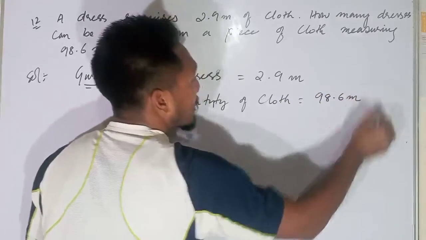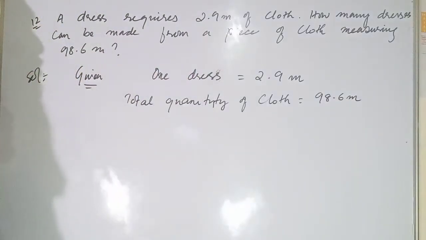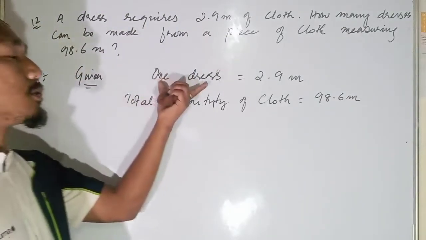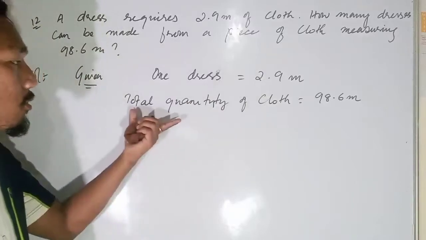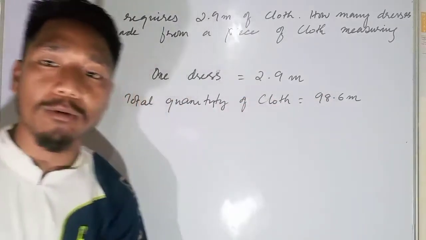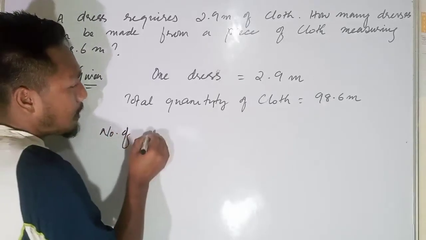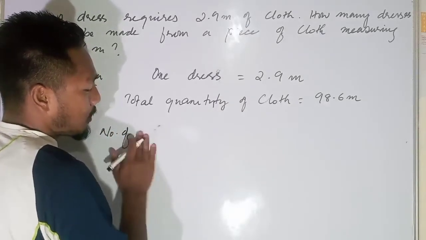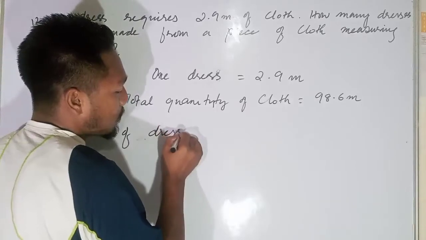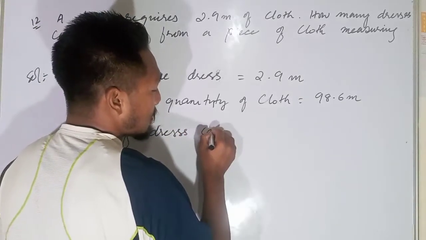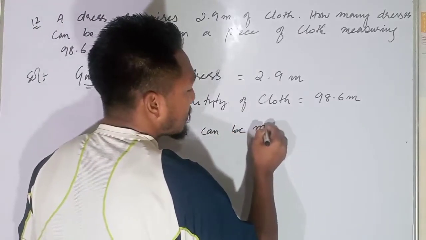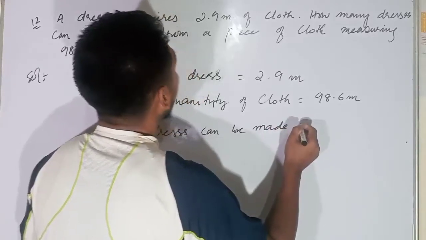98.6 meters. Okay, total quantity of cloth is how much? One dress is equal to 2.9 meters, and total quantity of cloth is 98.6 meters. So the number of dresses can be found by